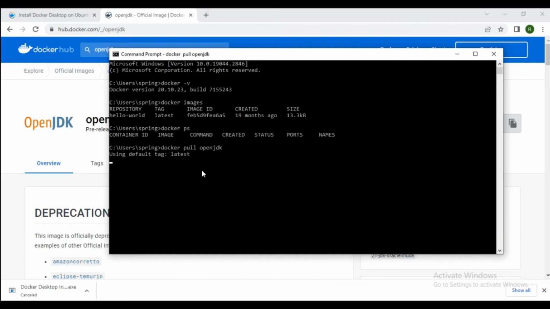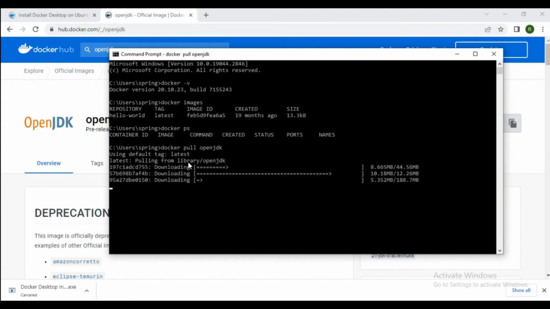So docker pull openjdk using the default tag latest. It will download the latest version of OpenJDK. It will take some time to pull that image. It will download all the supporting files required for OpenJDK.